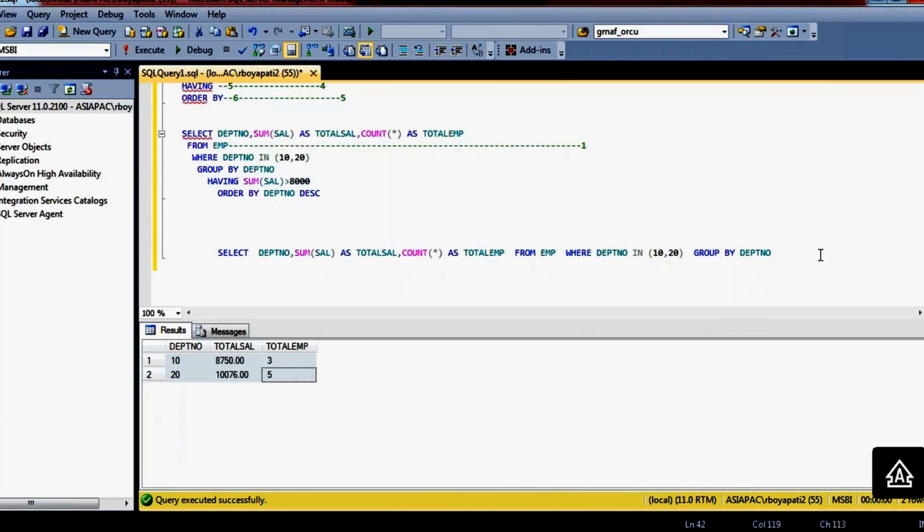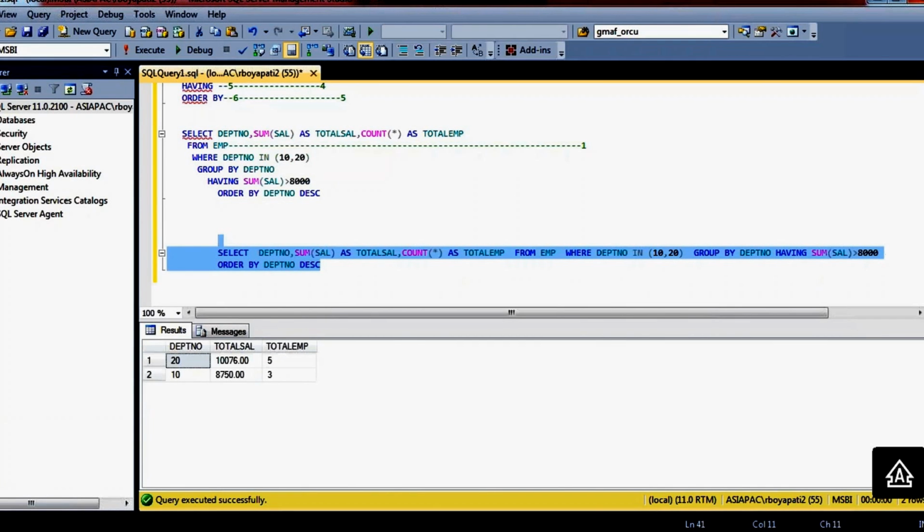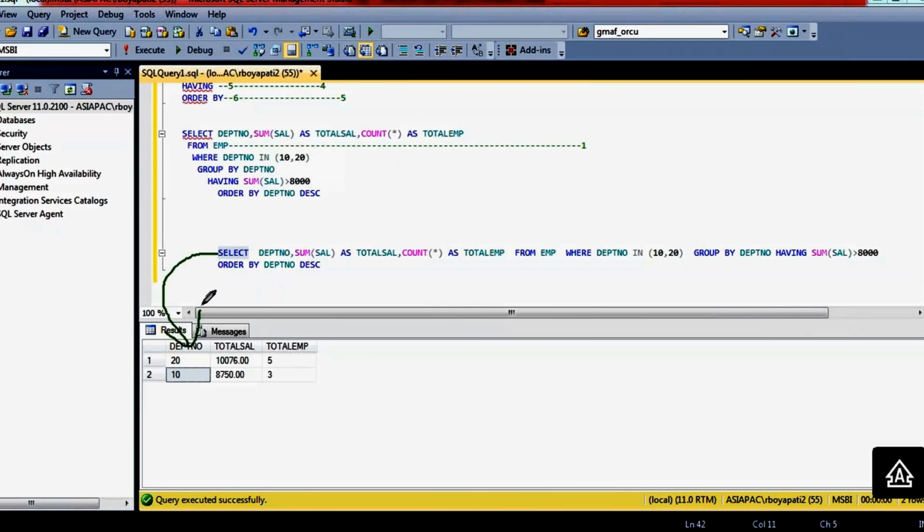What is that filter condition? Having the salary greater than 8,000. So these two departments having salary greater than 8,000. So it will give these two records. Then after it will do the order by. So it is changing the order of 20 to 10. Finally, the select command will execute and will display the result.